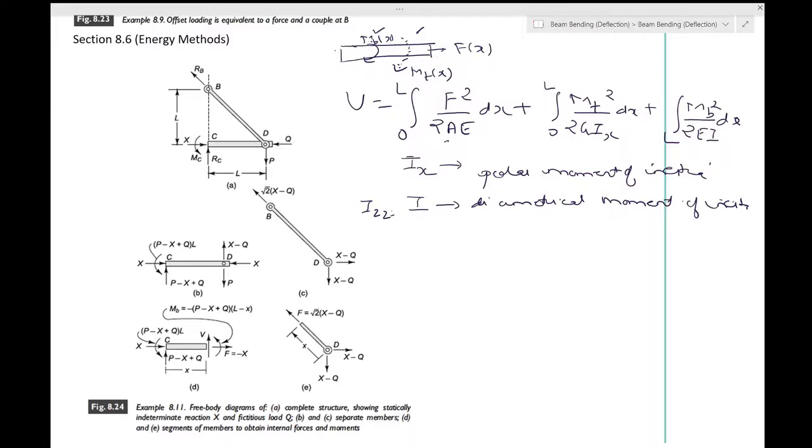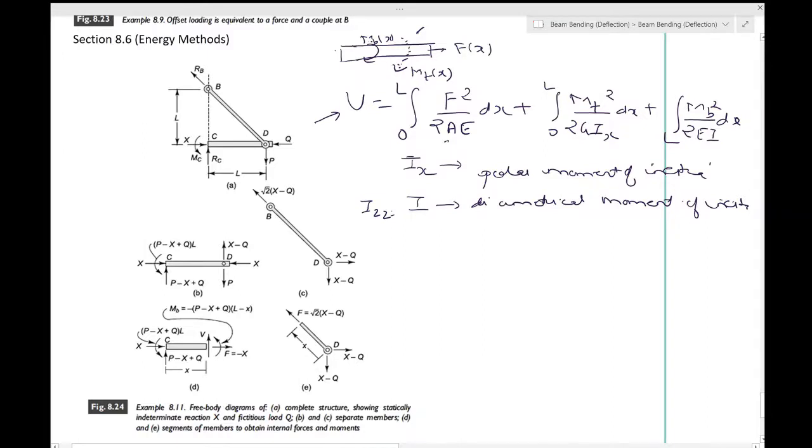Now such a member may also be subjected to transverse shear. We could have also had a transverse shear force like V of x over here. But as indicated in section 7.8, the corresponding contribution to the total strain energy of a slender member can usually be neglected in comparison with the bending or twisting. This is something which was done in section 7.8. If you do not recall, please pause the video and go back and verify and confirm that that is true. So it is not that what we are doing is valid only when shear forces are absent. They may be present, but we still follow the same formulation